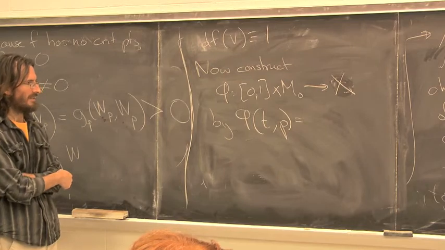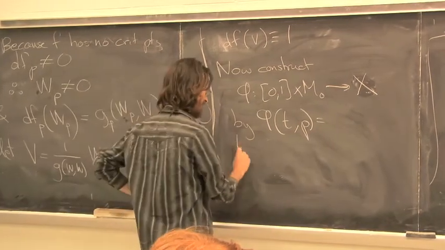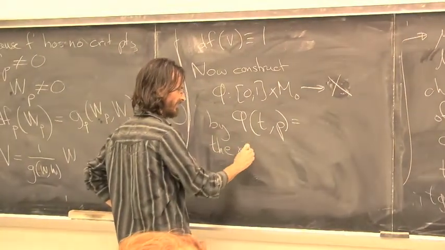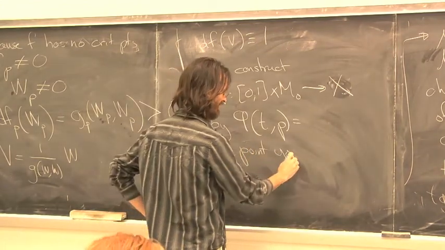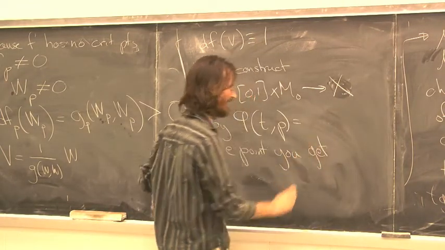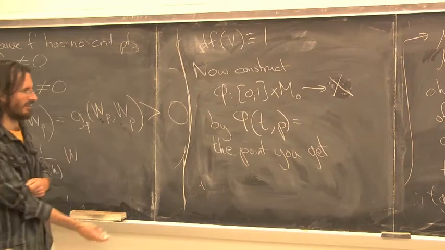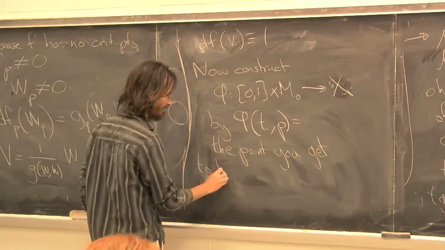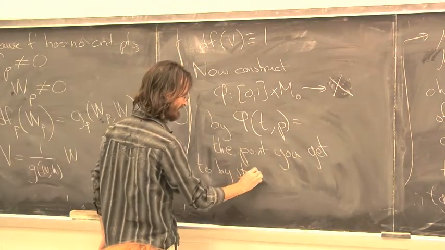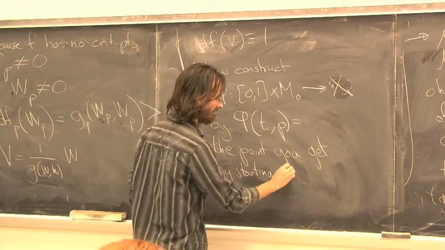And so I'm going to, if I just say equals the point you get to, this is worse than the notation story because it's a whole lot of words, but a whole lot of chalk, but the point you get to by starting at p,